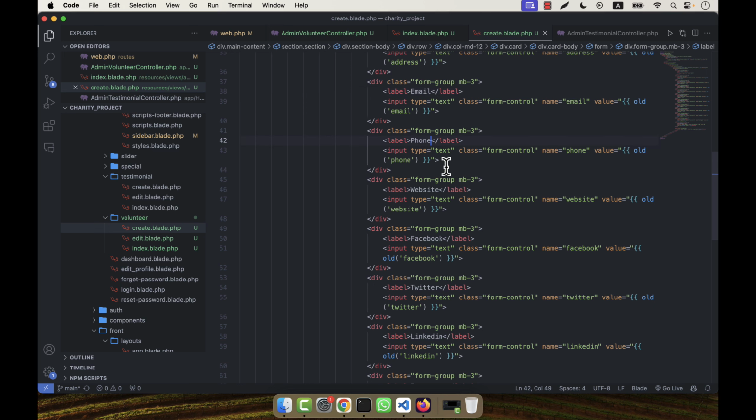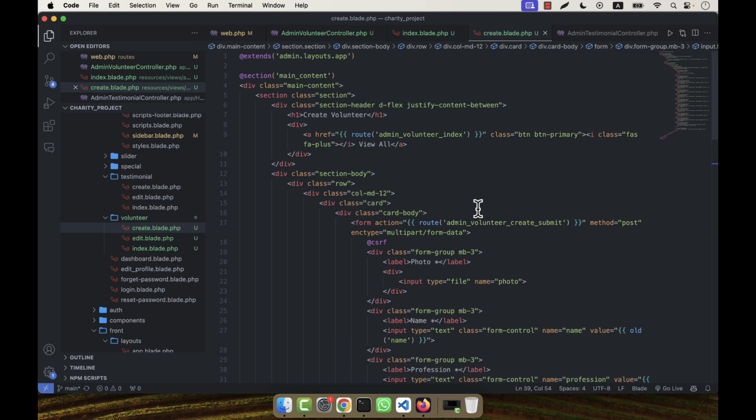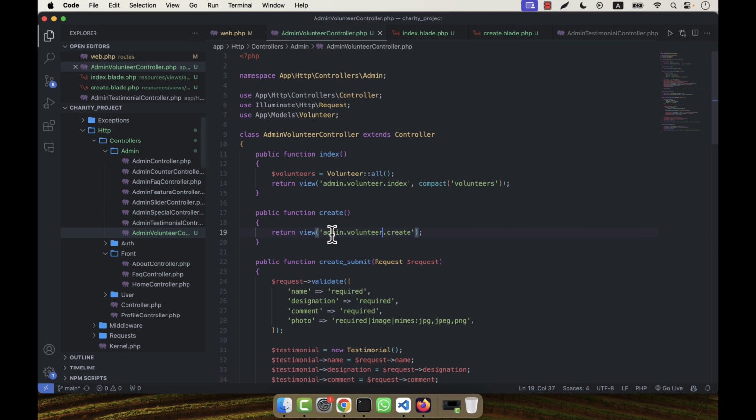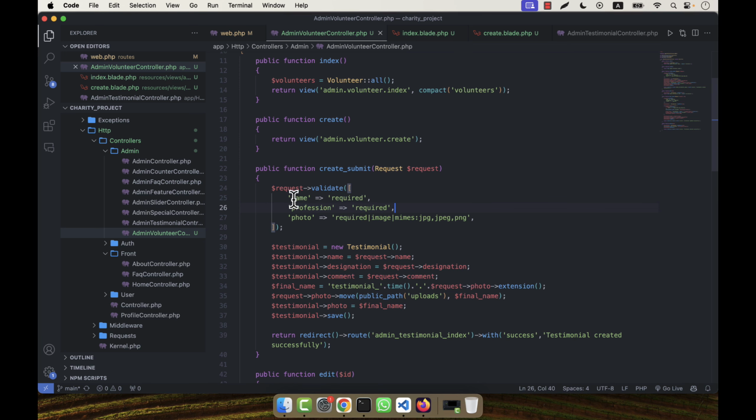Email, phone, website, address. Okay, so all the data after submit will come in the controller here, that is create submit. So here I am going to put all my fields. The photo is actually mandatory, so it is okay. So name, then profession, name, profession, then photo, and comment. So here are a total of 3 mandatory fields, that is name, profession and photo, and all other fields I